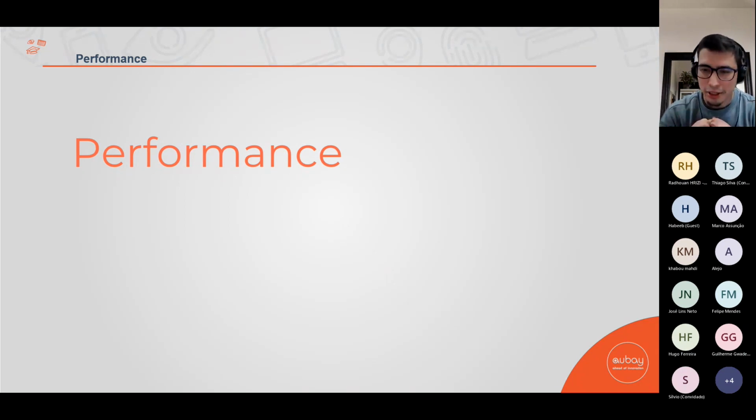Because now, if you realize that everything that I showed to you is useless, now I will give you another great reason why you should try to keep updated, okay? That it's performance. I will show you how Java grew in performance, and it's really simple. Just changing from Java 8 to Java 17, you have a huge impact in performance.